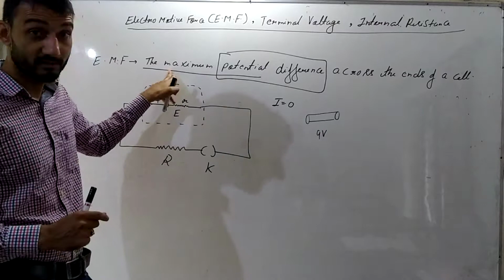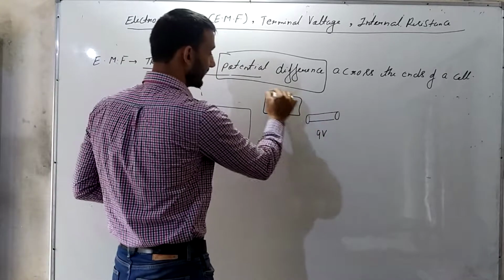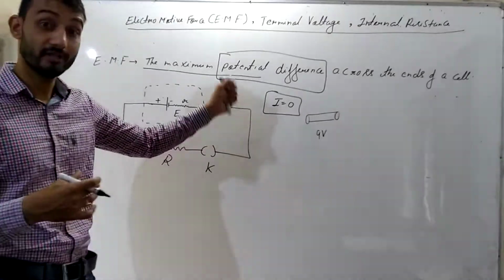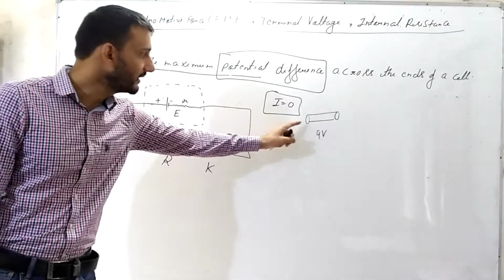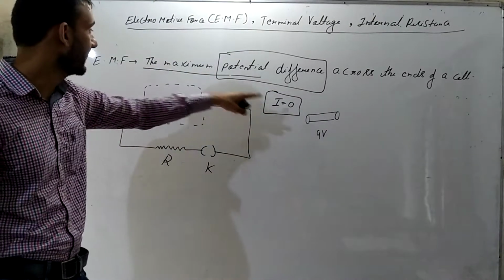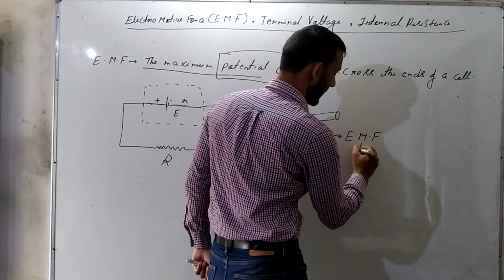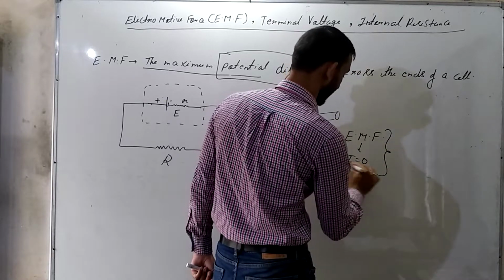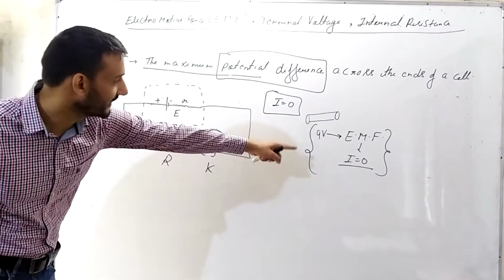So what is the condition for us to get the maximum potential? The condition is that we should not draw any current, we should not take any current from the cell. That would be the maximum potential. A newly bought cell, from which we have not taken out the current, has 9 volt written on it. It means this is the maximum potential of the cell and this is what we call EMF. EMF is the maximum potential, and it works under the condition that when there is no current taken from the cell, I should be 0. So let us understand with the help of this diagram now. I hope I have made myself clear about this.